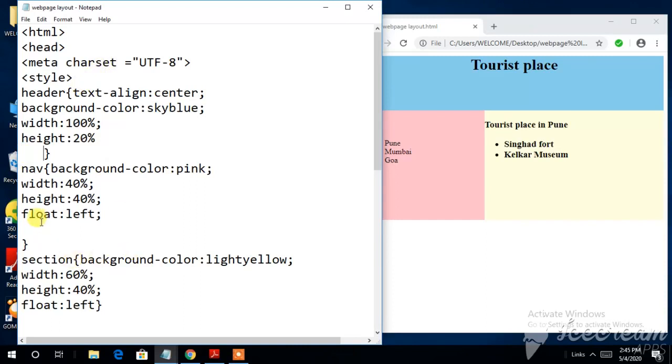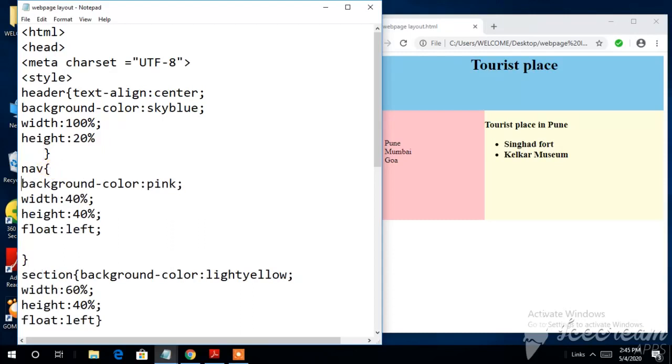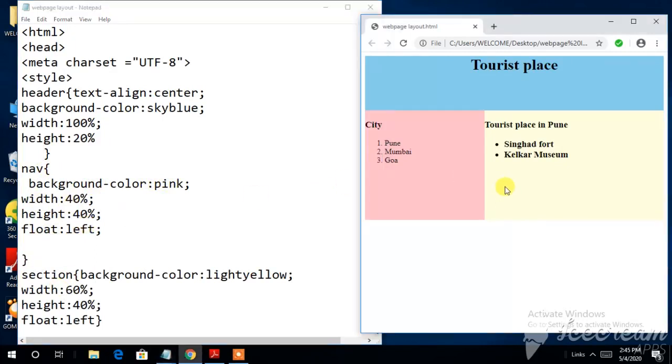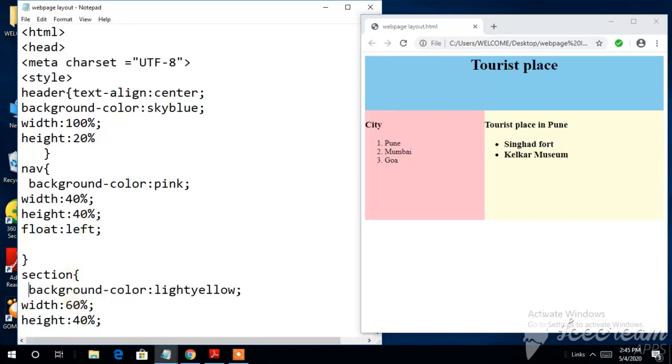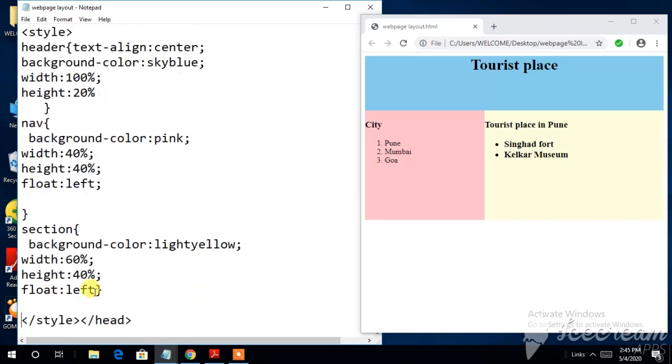Okay, next here you will be seeing the navigator also, background. Okay, and see here the background color equal to pink, width equal to whatever width you give, that exact width is how the screen will look. Next is background. Again the curly braces should be closed, otherwise it will not show you the exact coding. Okay, this is how the style is.